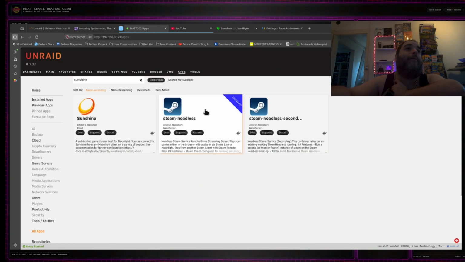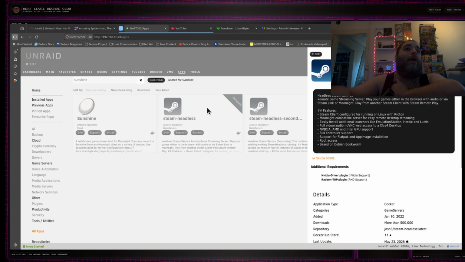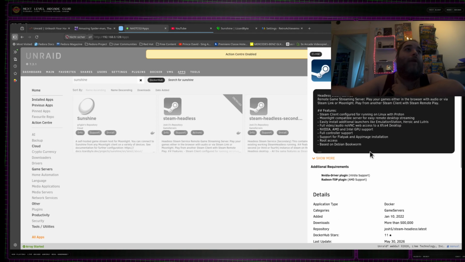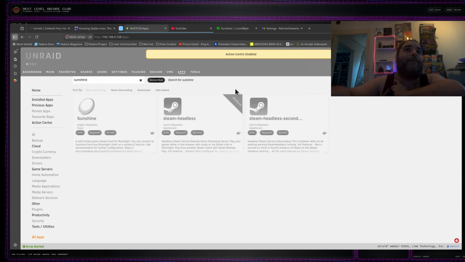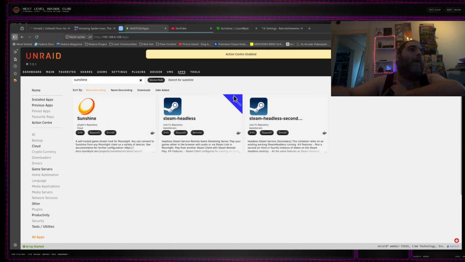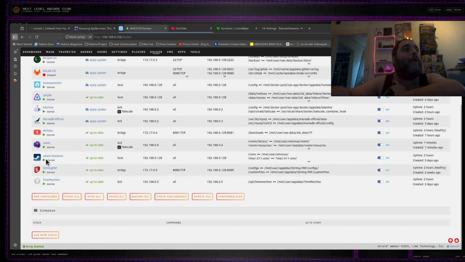And anyway, I did find this Docker to be much better. It has even a little desktop included with it and stuff. And yeah, so basically, let me show you this. It's the Steam headless container,